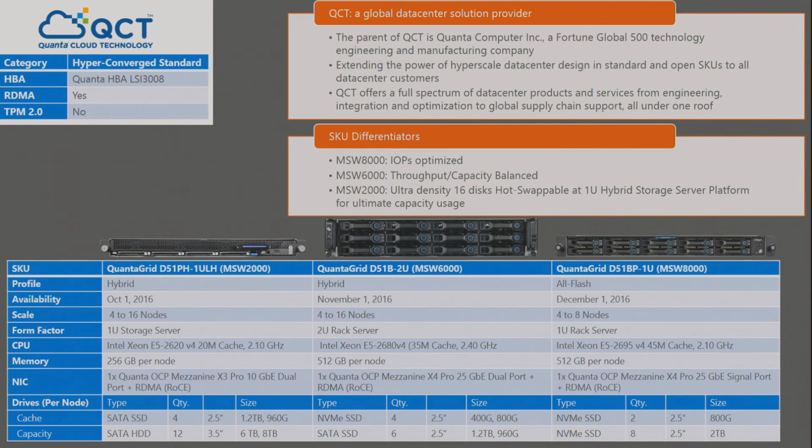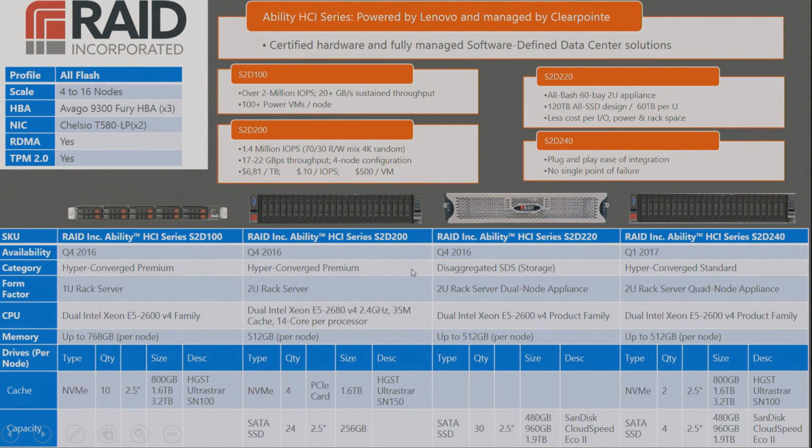And they are focused on bringing a range of offers that are performance optimized all the way to capacity optimized. And they have different configurations that you can choose from. So I think that's really the bottom line. Let's wrap it up. Yeah, and then Raid Inc., again, showcased as part of Lenovo booth because they work closely